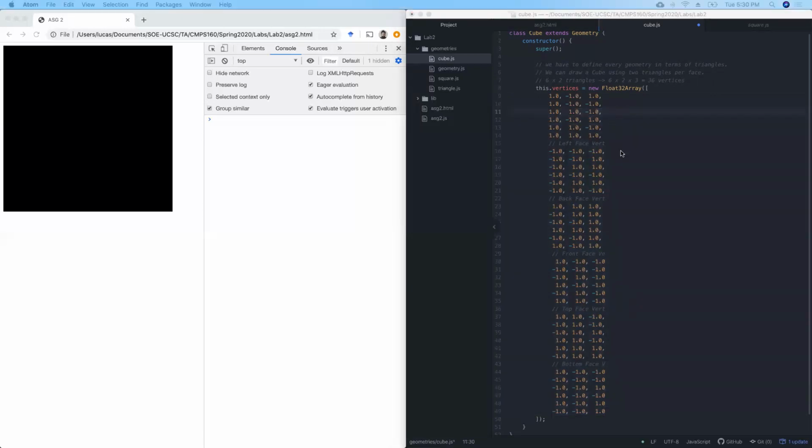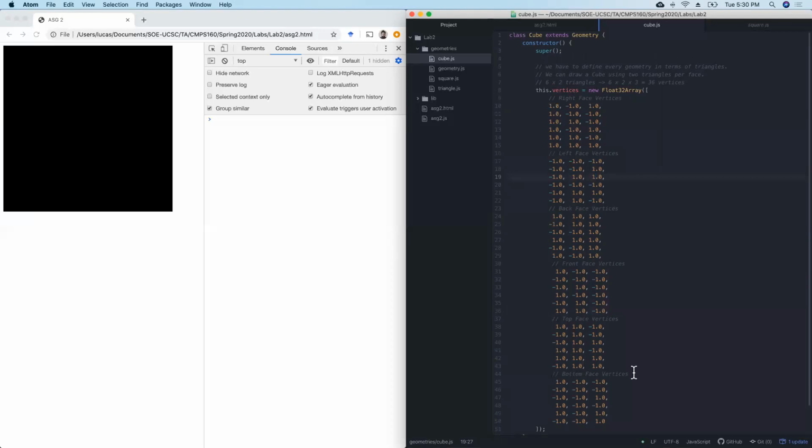Hopefully that makes sense. So this is my right face. This is my left face. Vertices, vertices, vertices, vertices, vertices. Oh yeah, actually the semicolons are not here. Sorry, semicolon. Here, oh here as well. 1, 2, 3, 4, 5, 6. Okay, so yeah, unfortunately we're gonna have to make this whole list here,